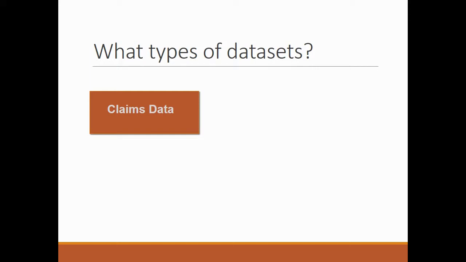Well, there's a couple of broad categories. There's claims data, so obviously Medicare falls into this. There are several other types of claims data sets, so several of the commercial insurers have large national claims data. Again, it's limited to the commercially insured, but if you partner with those folks, you can get access to this data. There's Medicaid data, there's state all-payer claims databases, and these all share a common set of benefits and limitations